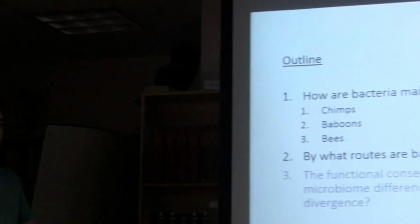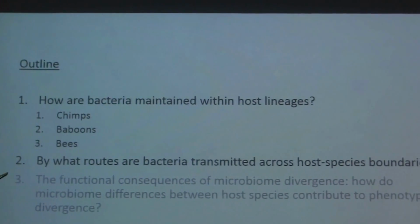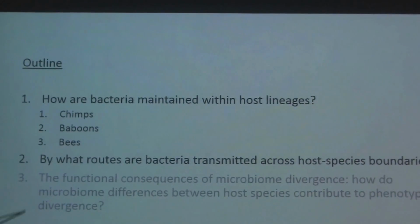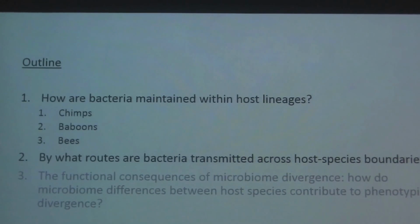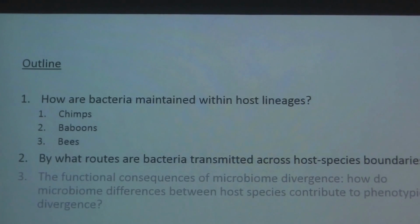And something I'm not going to talk about, but I just wanted to mention, hopefully there'll be a free seminar slot next year, and I can come back and talk about what I'm most interested in my postdoc here, which is to try to understand the functional consequences of microbiome differences among host species. And so we're starting some experiments with germ-free mice where we're actually treating different mice with different bacterial communities to look at function, but I don't have any data from that yet, so I'm not going to talk about it